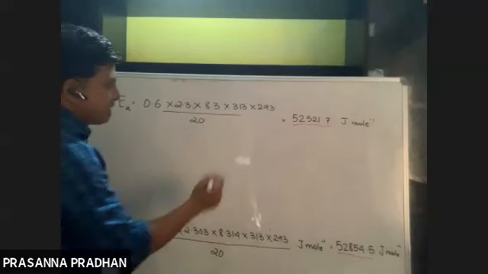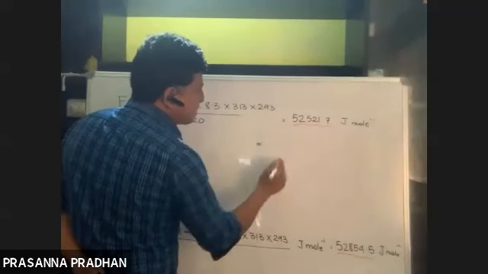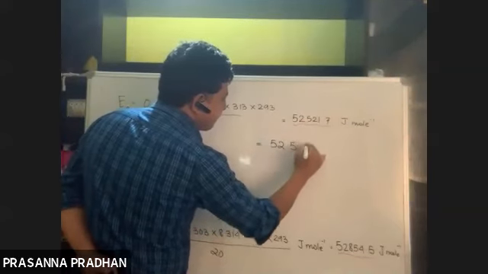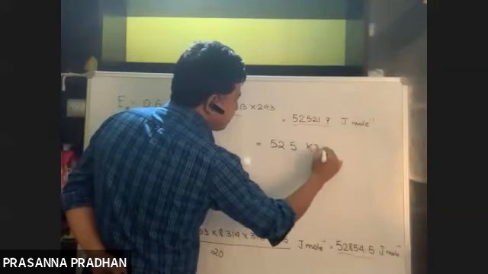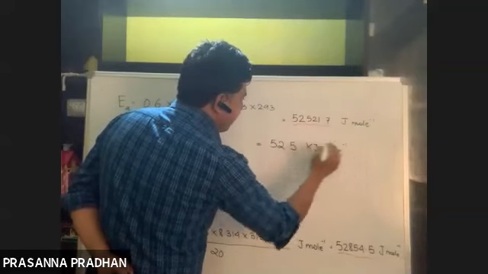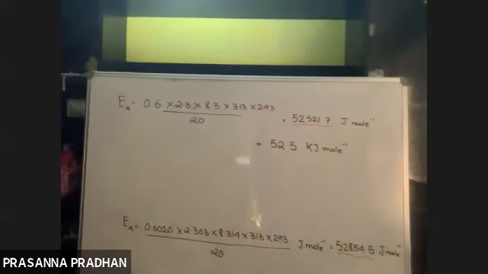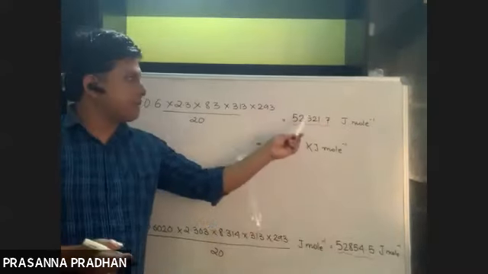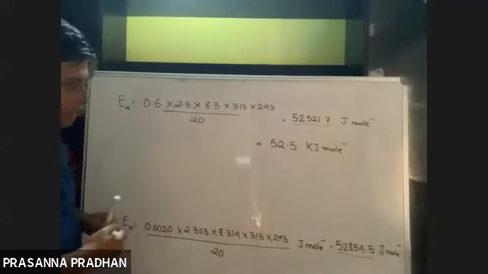So okay, chalo, let me convert this into kilojoule. You divide by 1000, what will be your answer? 52.5 kilojoule per mole. So this is going to be my answer after I convert into kilojoule. If I keep the answer in joule, there is going to be a big difference between the original answer and the answer I got after approximating.